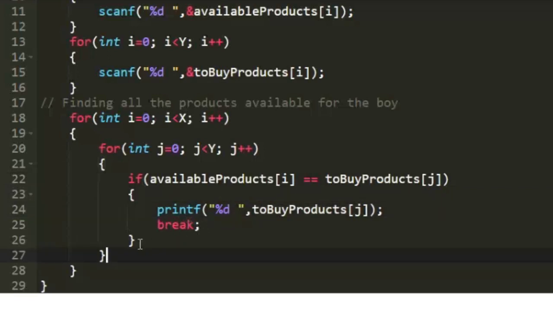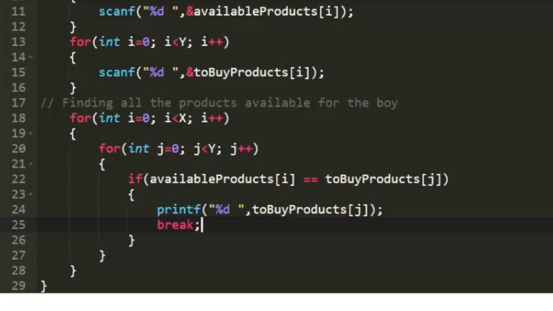Using a break condition will only break the current loop. For example, if we use break here, only this for loop execution stops. The outer for loop would still be working. So if the product is found, the break condition would be executed and the next product searching would start.